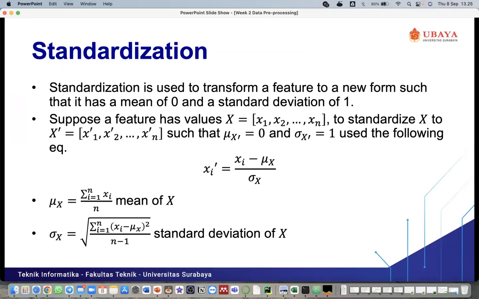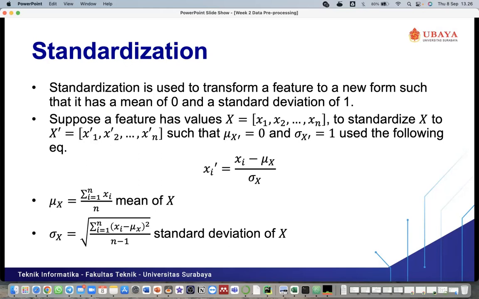The mean of our data after we scale it will be 0, and the standard deviation will be 1. So the output will have a mean of 0 and standard deviation of 1, and we will not know the minimum or maximum values